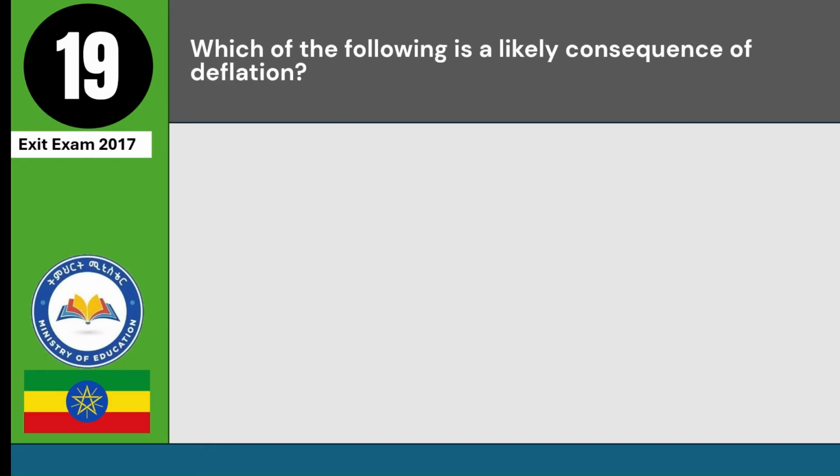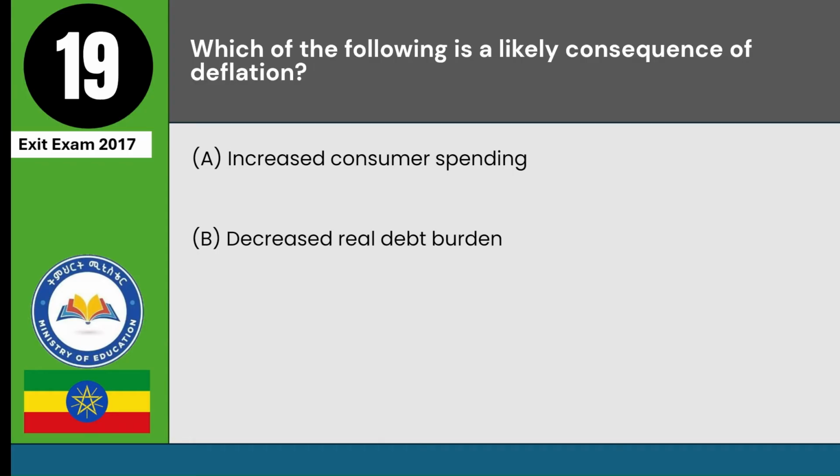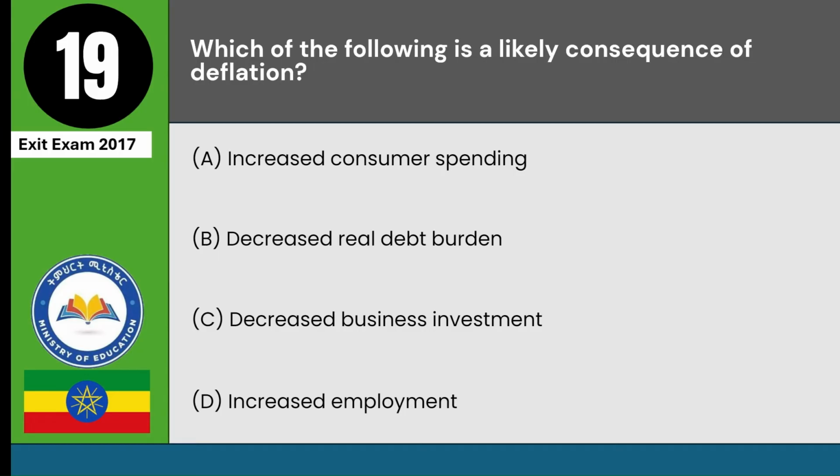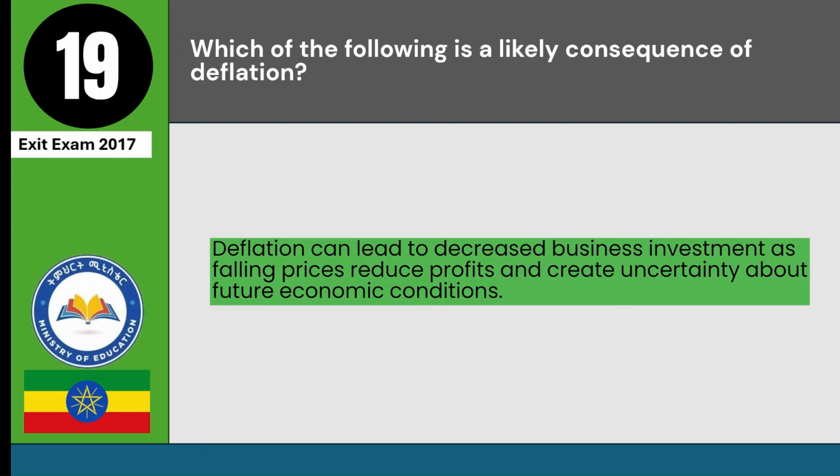Which of the following is a likely consequence of deflation? A. Increased consumer spending. B. Decreased real debt burden. C. Decreased business investment. D. Increased employment. Answer C. Deflation can lead to decreased business investment as falling prices reduce profits and create uncertainty about future economic